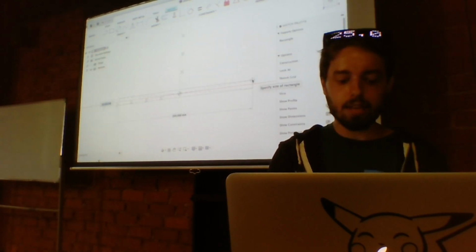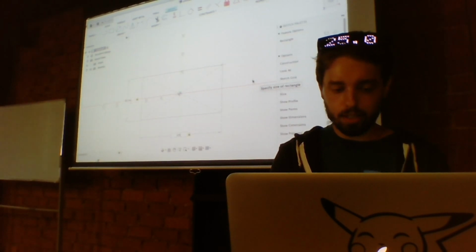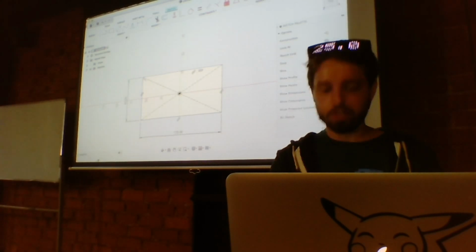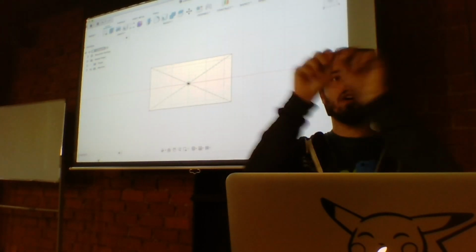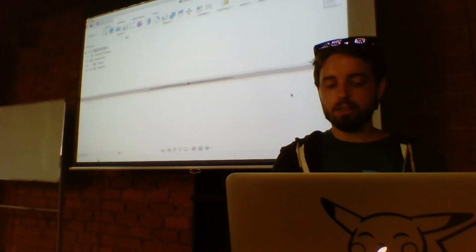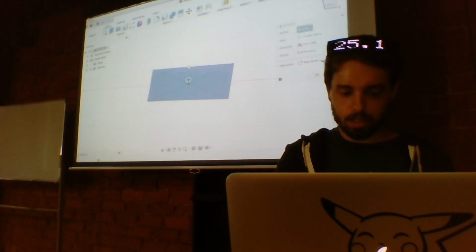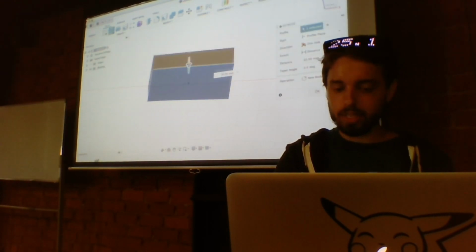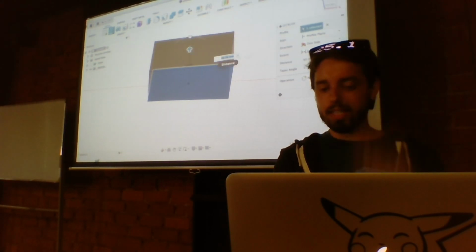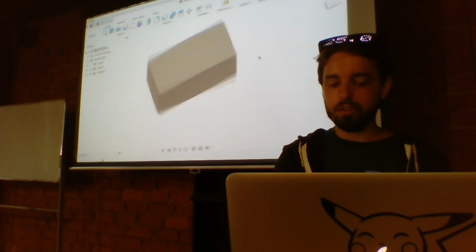Let's say we have a 60 by 120 rectangle, so 6 cm by 12 cm. It creates a sketch. So you just draw a rectangle, it's very flat. But what you can do is extrude it, and it will give it some 3D. So let's say we want a 60 millimeter height, so you extrude it, and then now you have your box.